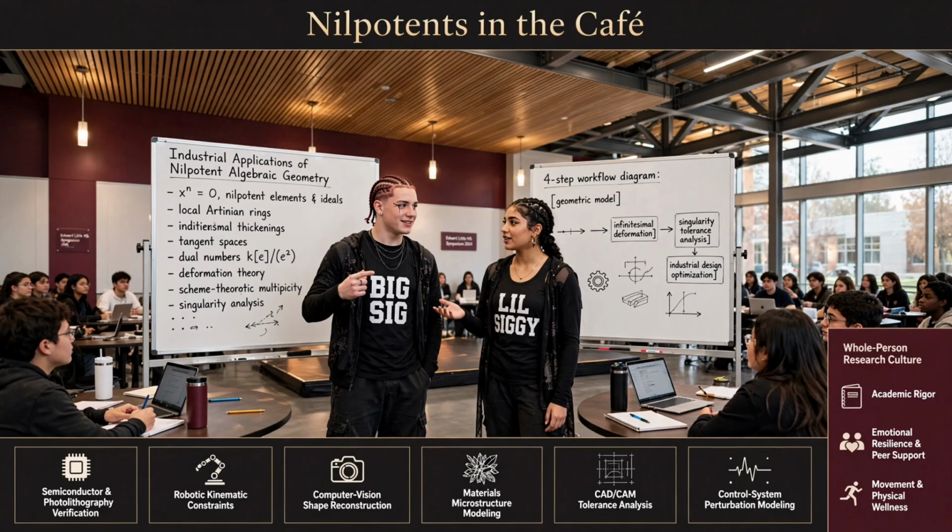Let's get into the hood of the code here. How does the software actually use a nilpotent element to resolve two objects perfectly kissing each other? So the nilpotent elements in the coordinate ring of the jet scheme mathematically represent the local tangent cone at the exact point of singularity. Visualize that for me. A local tangent cone. Imagine the exact microscopic point where the two surfaces graze each other. Now imagine a mathematical cone originating from that exact point, flaring outward. Okay, I see. That cone perfectly encapsulates all the possible directional vectors and tangent paths radiating from that singularity.